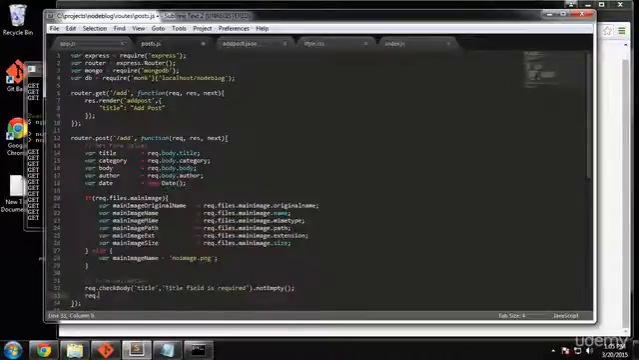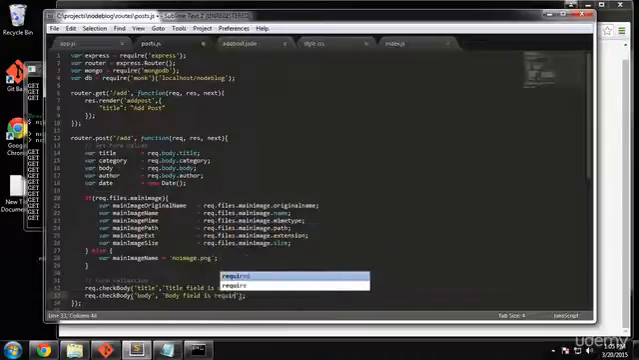Okay, next one will be req.checkBody, and the field that we want to check here is actually the body. And the message will be body field is required. Okay, and then underneath that,